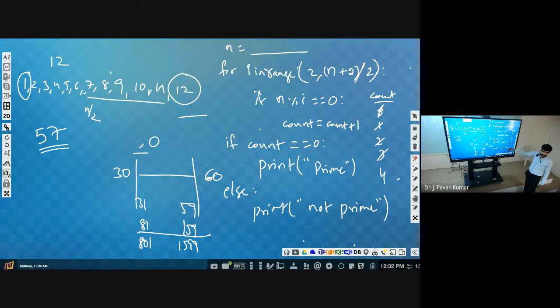Got it? Simple logic. We haven't updated the program much, but with this simple analysis we could eliminate the number of operations we perform by half. This is the prime number program.